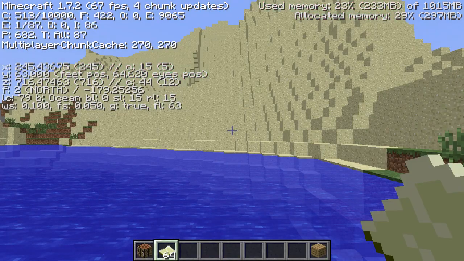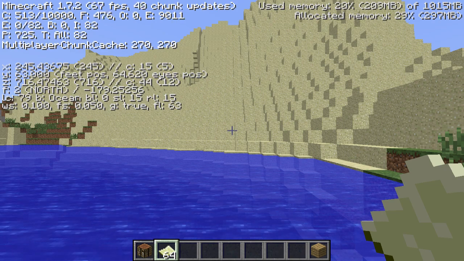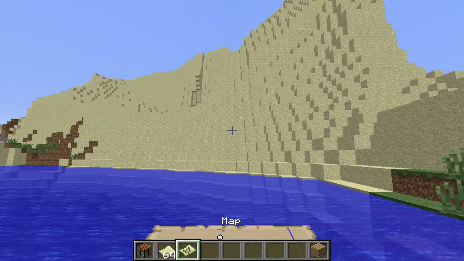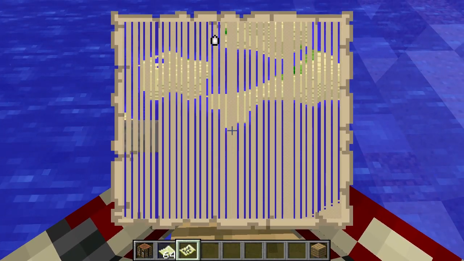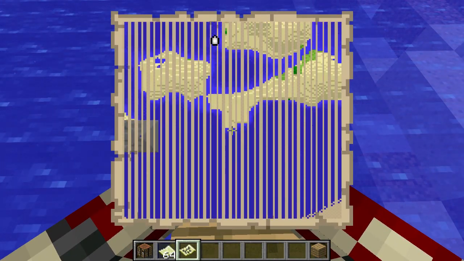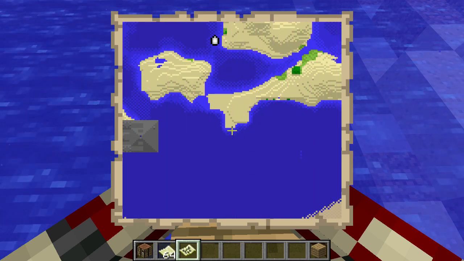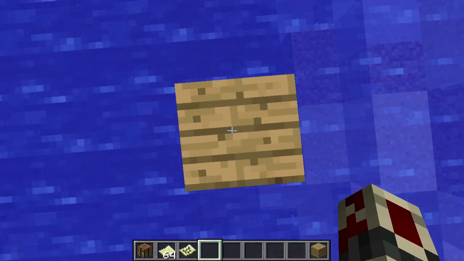Alright, so here we are at 245 and 716. You can see up there in the top left that those are the correct coordinates. So now what you want to do is pull out another empty map and start to generate it. Okay, and then just like last time,